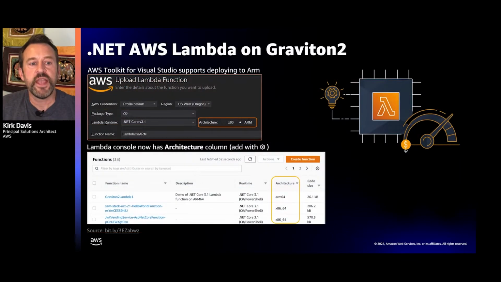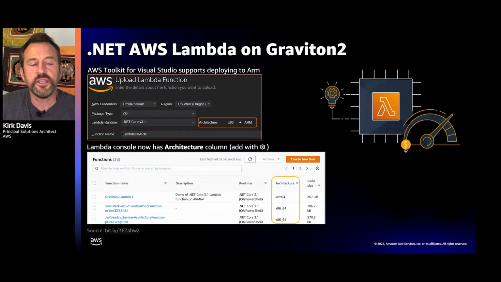In September, we added support for ARM-based Lambda functions, which run on Graviton2. These ARM-based Lambda functions get a 20% discount on duration charges, which is how our serverless platform called Lambda actually does the billing. It's done in milliseconds of how much time the functions take to execute. So we'd really encourage you to take a look at the performance of your Lambda function on ARM versus x86, which was the sort of previous default. And if you're getting the performance you want from the ARM-based Lambda function, that's an easy 20% savings for your